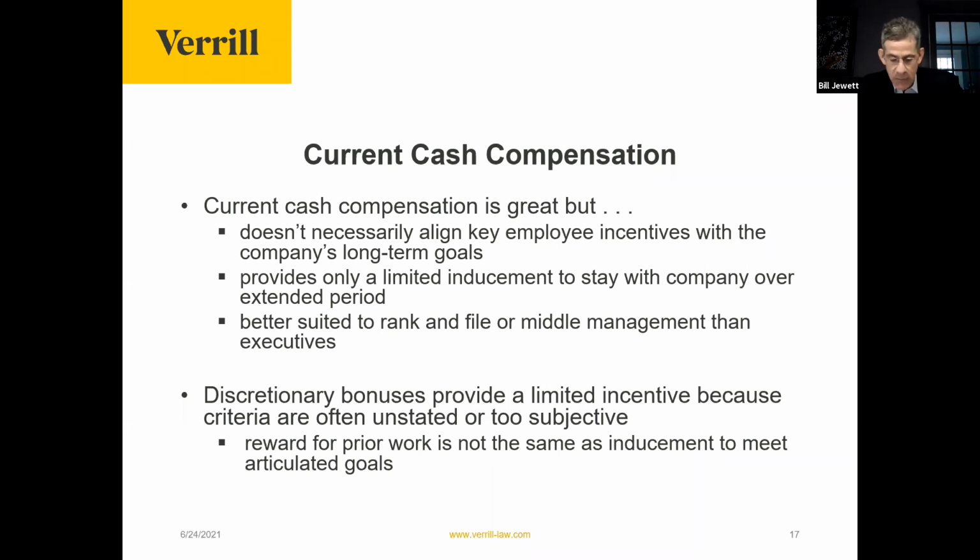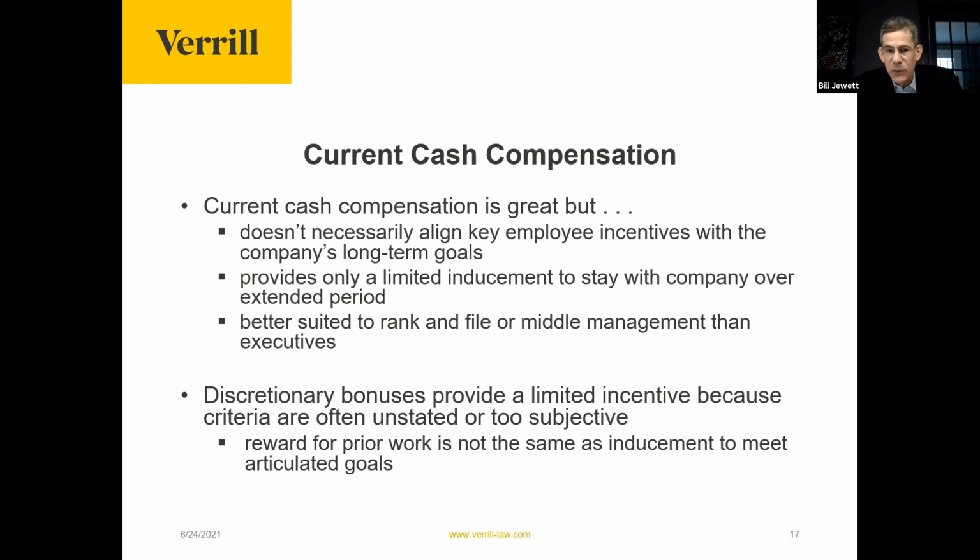Also, current cash compensation provides only a limited inducement to stay with the company over an extended period. If you stay, you continue to get your salary, but that's really the only retention hook that salary has. So packages focused on salary are really better suited to rank and file or middle management employees than to executives.